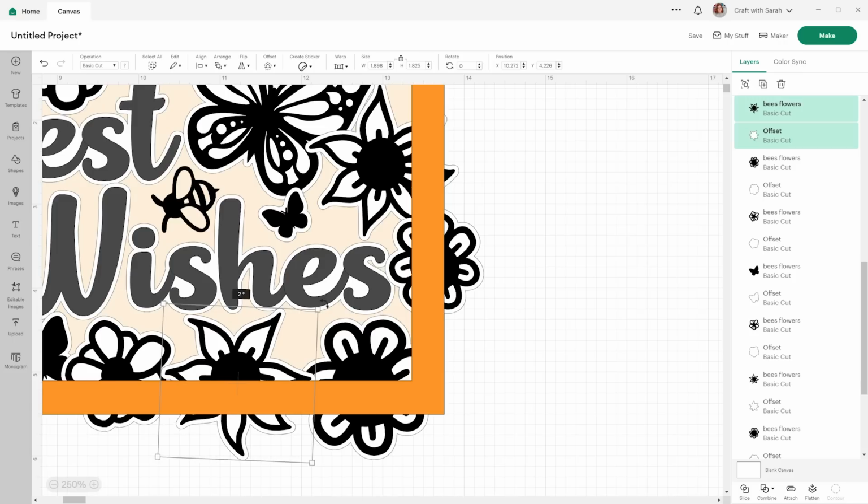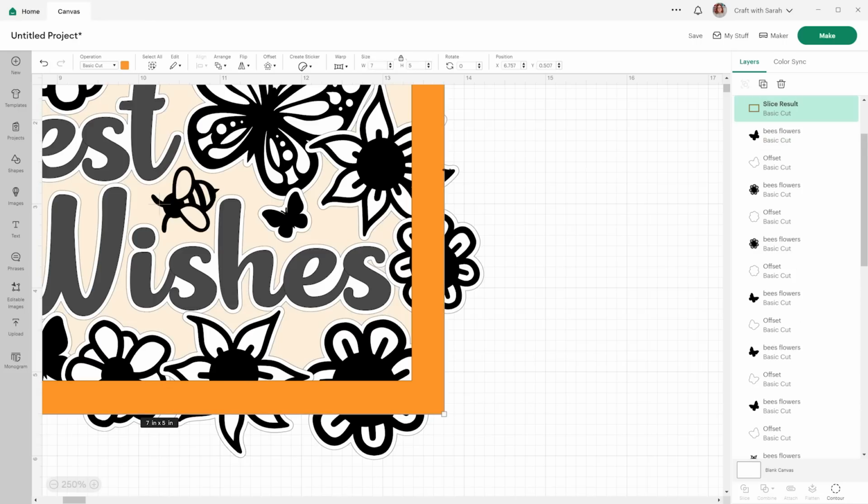And don't worry if your offsets are overlapping or if they're going over any of your pictures. So you see this white here is now going over the black of these two flowers. And that's okay because when we merge all the layers together in a moment, all the black will then go on the top. So I'm just checking everything is nicely touching